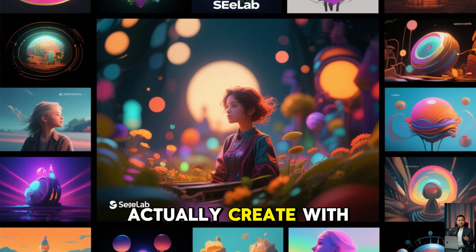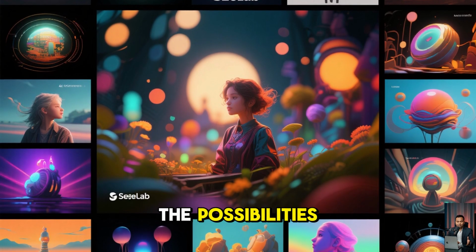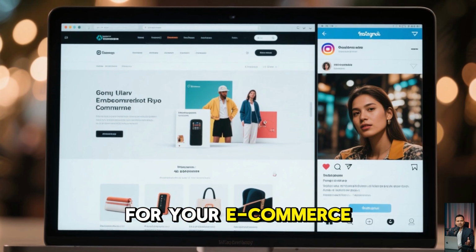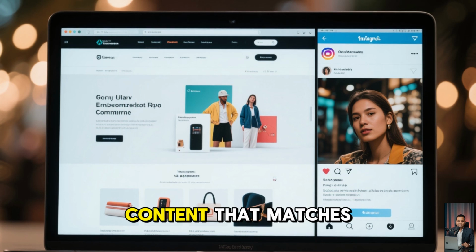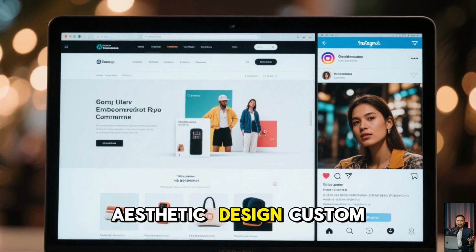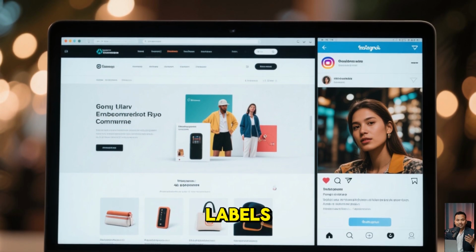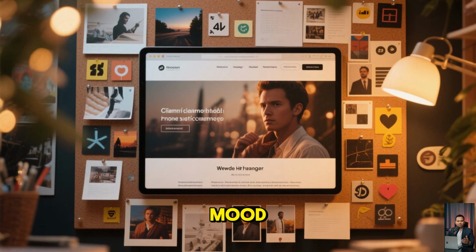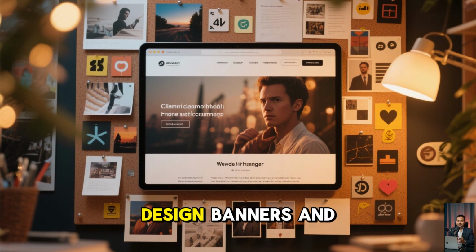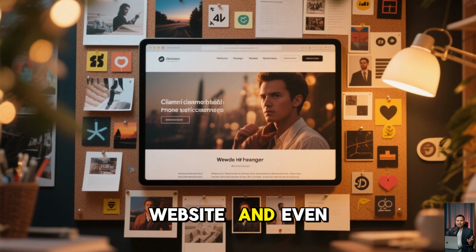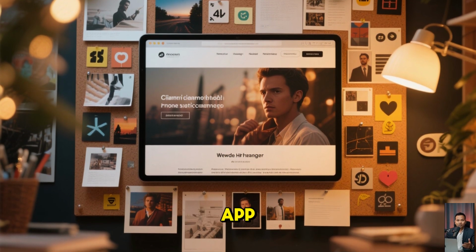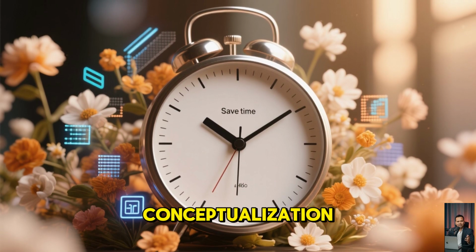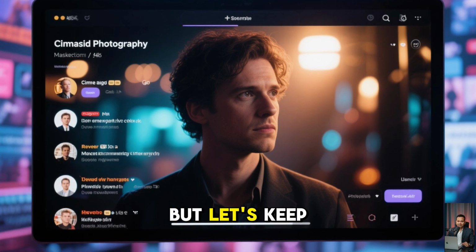What can you actually create with Seelab? The possibilities are pretty impressive. You can generate product images for your e-commerce store, create social media content that matches your brand aesthetic, design custom illustrations for packaging and labels, produce lifestyle shots without hiring models, create mood boards for client presentations, design banners and headers for your website, and even generate icons and graphics for your app. Real users have reported 25% time savings in the conceptualization phase alone,